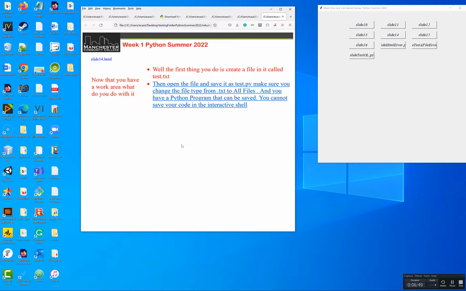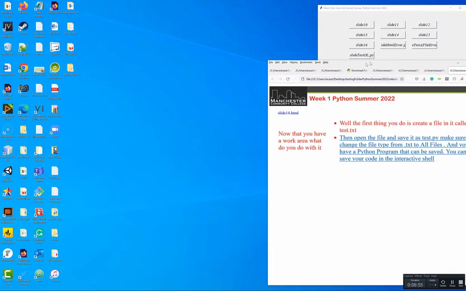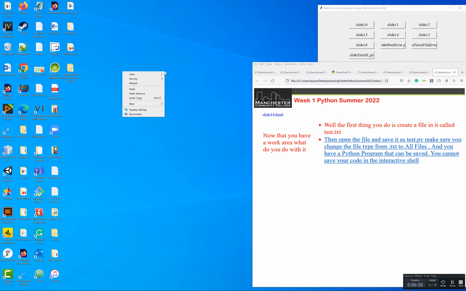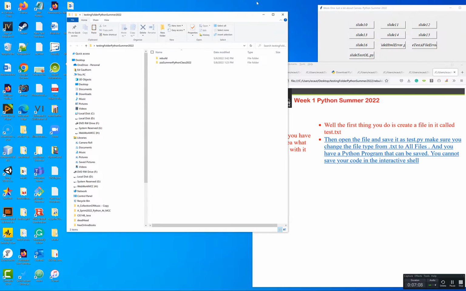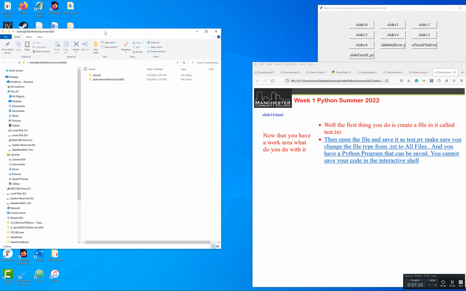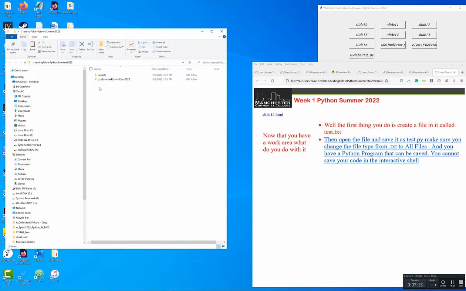So the first thing you want to do is go to your desktop, and I've got lots of folders on my desktop. So I'm going to right click on my desktop. I've got one already created, a testing folder for Python Summer 22, and I'll open it. It's got some stuff in it, but I'm not too worried about it. I created the folder, so I'm going to put in there a new folder